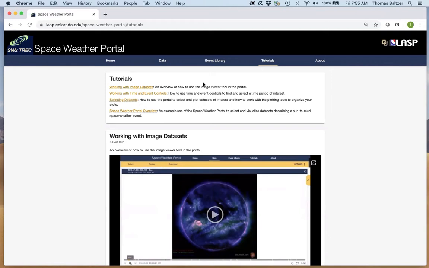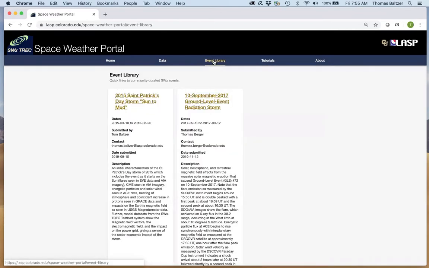We also have an event library. Here, one of the things that we'll discover as we're working with the Space Weather Portal is that while we're building up the characterization of a space weather event, the URL that we're looking at will become extended based upon all the different data sets that we've selected for display purposes. And ultimately, we wind up with a URL that has all the data sets that we've selected and in the time frame that we've selected,